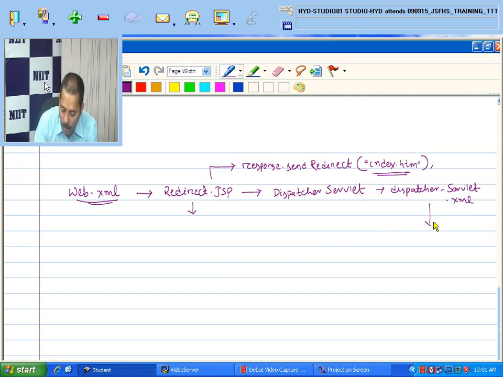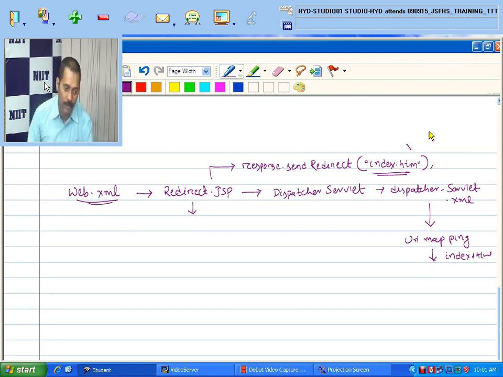In the dispatcher-servlet.xml file, it will go to the proper URL mapping, and there it will check if the property key is index.htm. The request comes from index.htm only, because response.sendRedirect goes to the index.htm file. So if the URL is index.htm, then the index controller will be called.